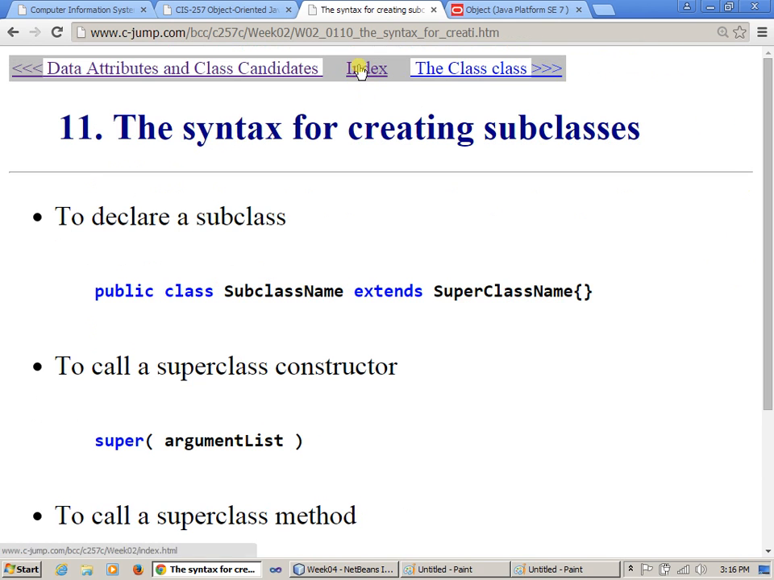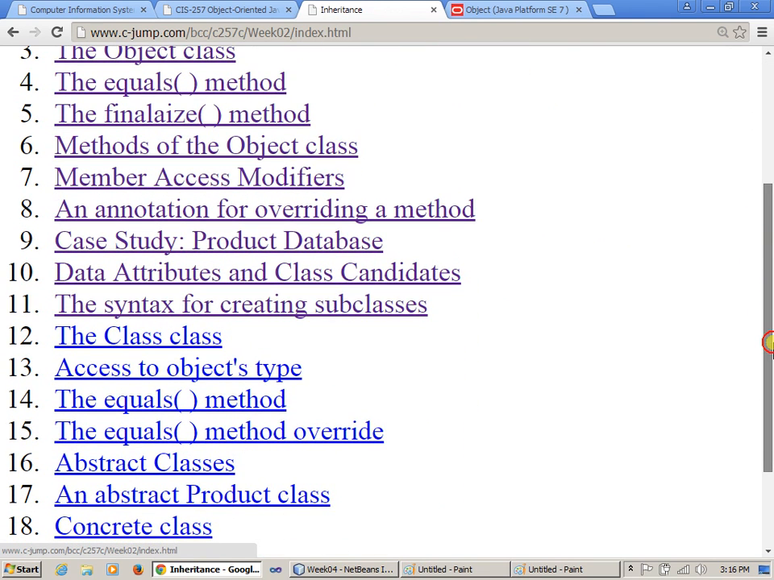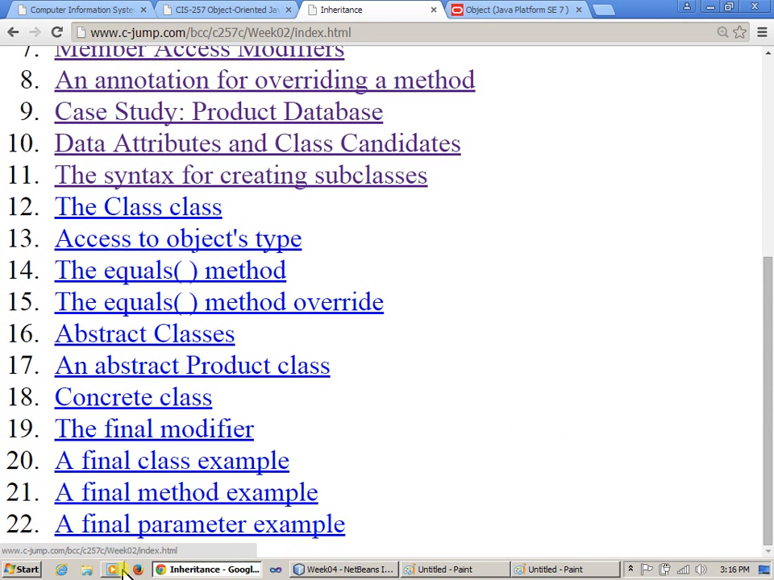Let's take a look at the index and what we've been able to cover today, just some of those object methods and other keywords. So there's a little bit more that we need to cover with respect to the core features of inheritance in Java. But before we